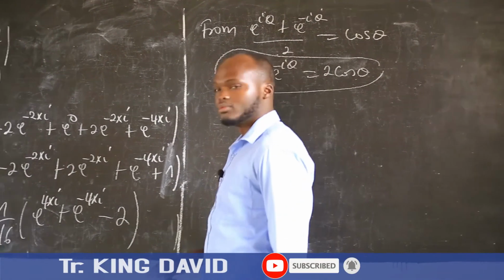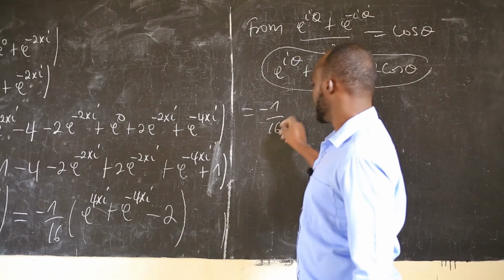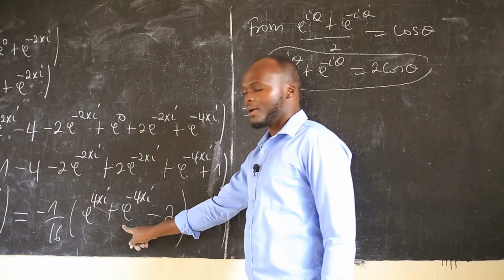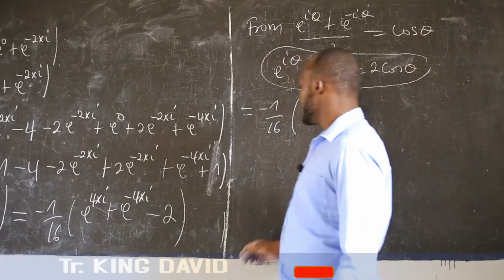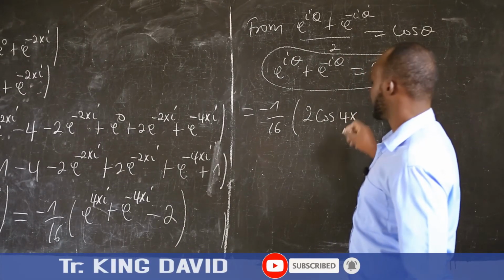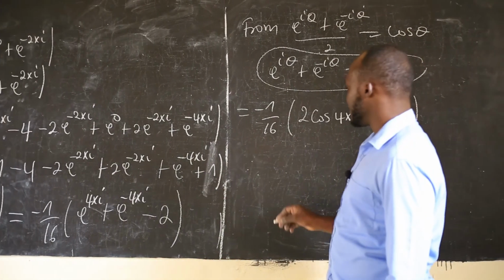So therefore, this will be equal to negative 1 over 16 into bracket e power 4xi plus e power negative 4xi, it will be 2 cos 4x, then minus 2. So which means that sin squared x cos squared x,